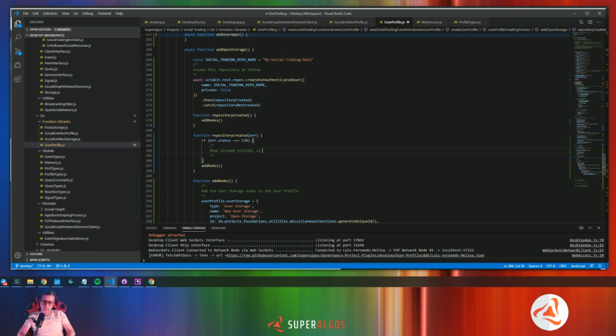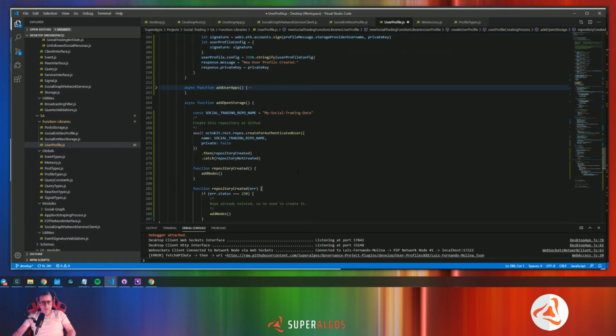So to create it, then we also add nodes. And if that is not the situation, then we will have to resolve